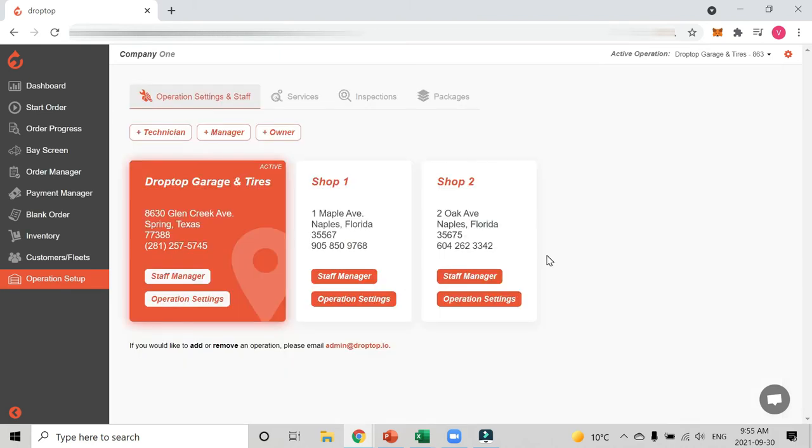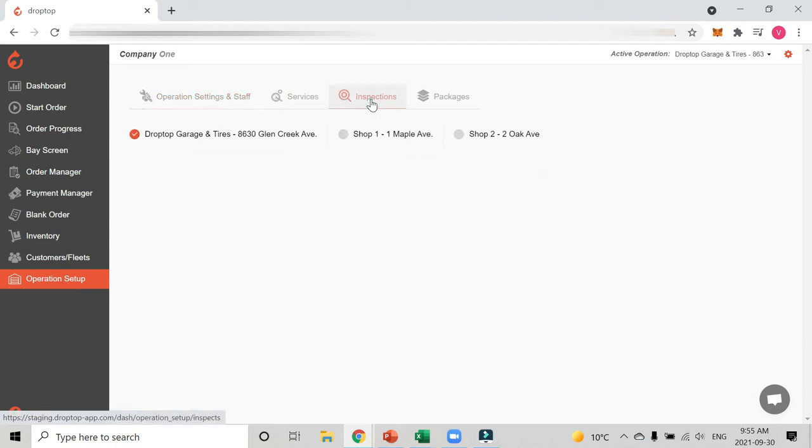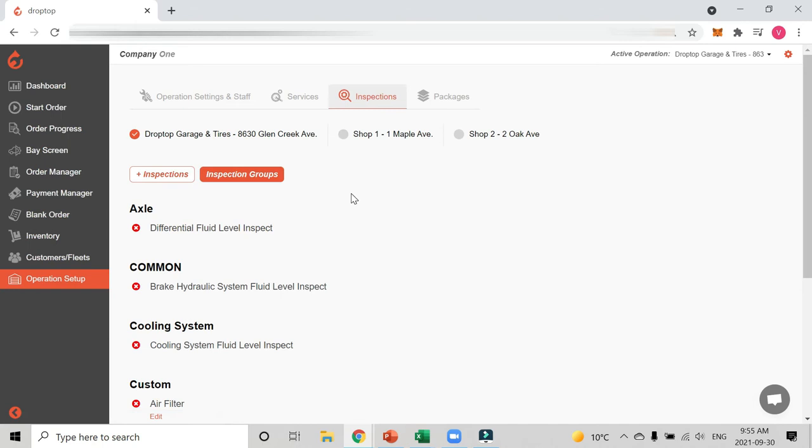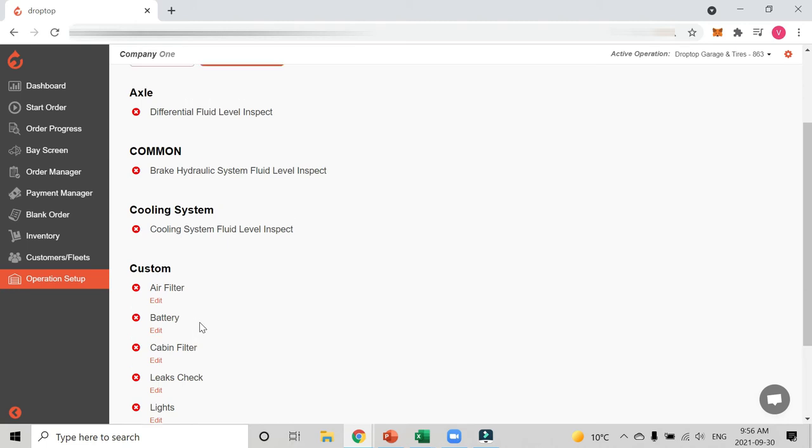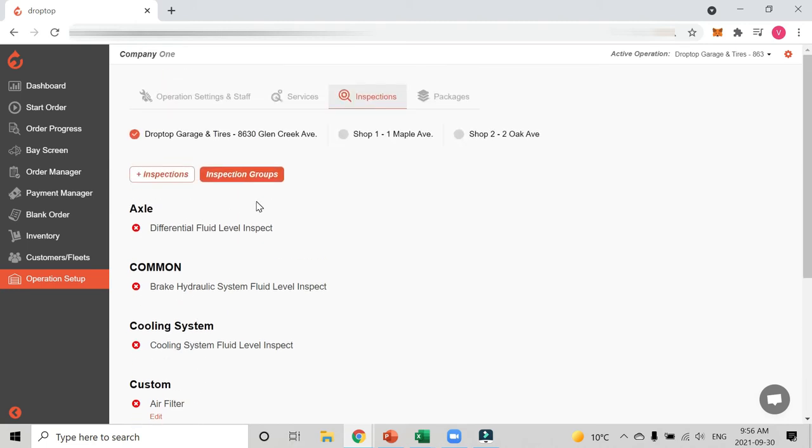In step 4, we're going to set your inspections and inspection groups. So same thing as before, we're going to go back to operation setup. Then we're going to go to the top here and select inspections. Now, inspections and inspection groups are very similar to services and packages. What I mean by that is basically with inspections, you tell the system all the inspections you offer or potentially offer, and then we're going to create these nice groupings so that you can offer those inspections in the groups